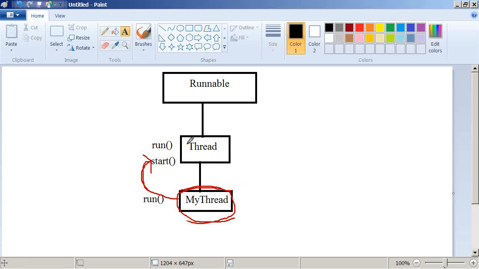Because it is already implemented by the Java programmers. So the code inside this searches for the run method. It searches for the run method on this object, because the start method is called on this object. And this start method searches for the run method on this object. If it finds it, it executes this run method in a separate process. If it does not find it, then the run method of that class will be executed,